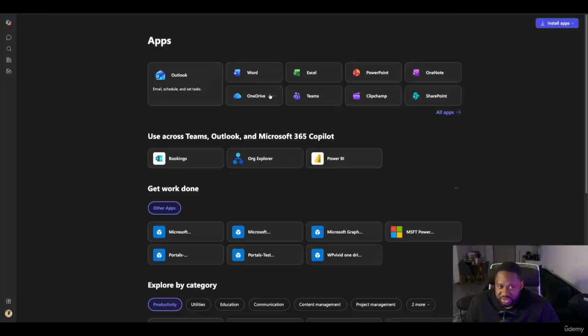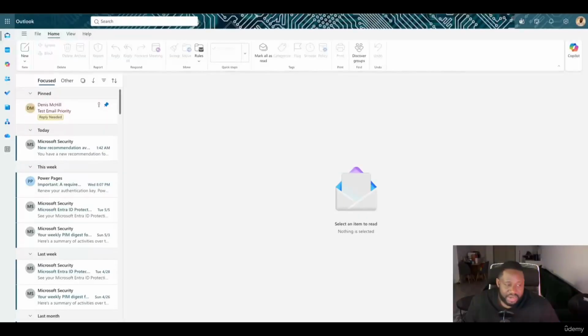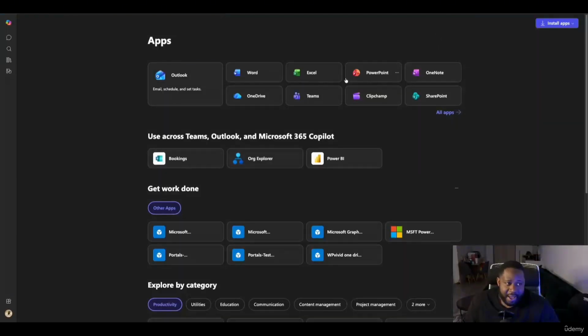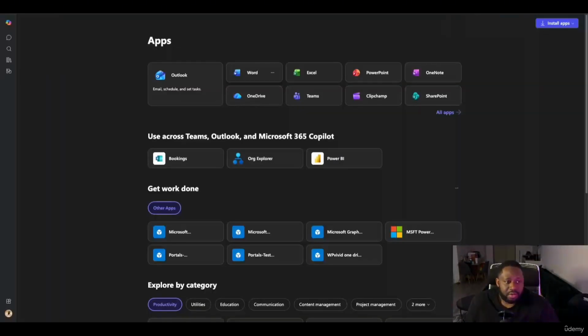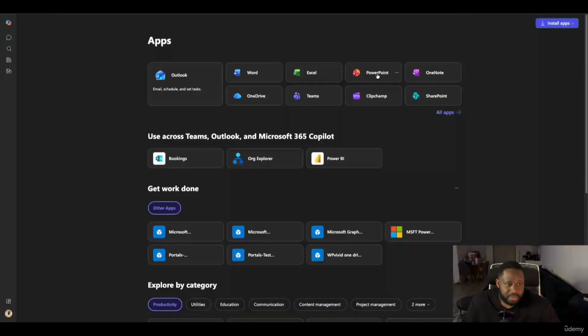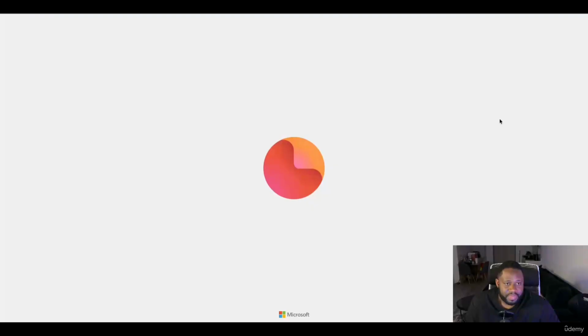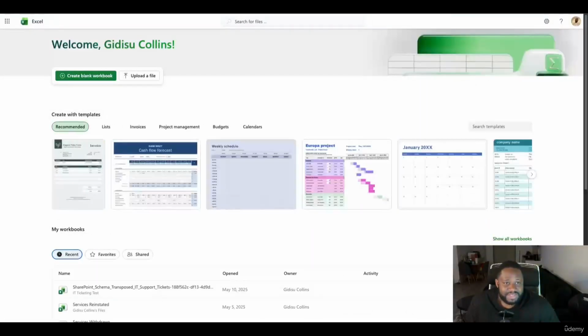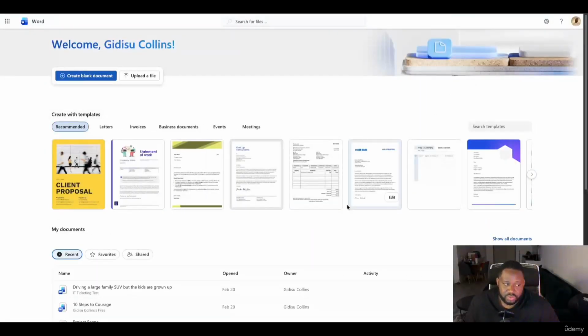So this is an Office 365 account that I'm using for this. And you can see I have an email ready to go. I can open up Word, ready to go. I can open up Excel, ready to go. I can open up PowerPoint, ready to go. At least I have these apps that I can use to